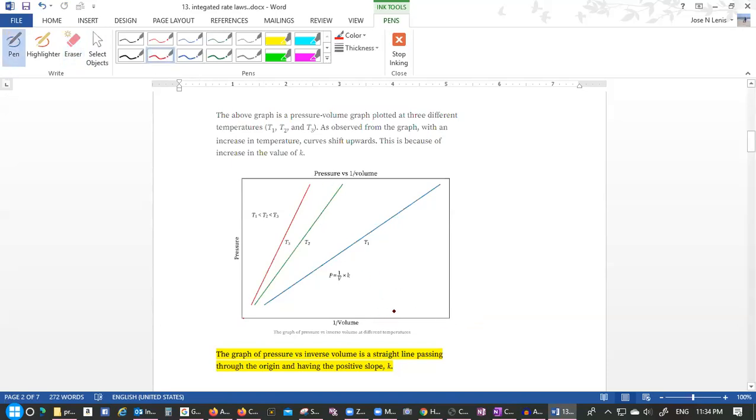So on the x-axis, we have 1 over volume. And over here, you see we have pressure. This is the y-axis,